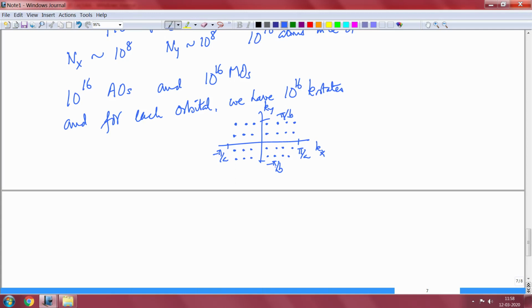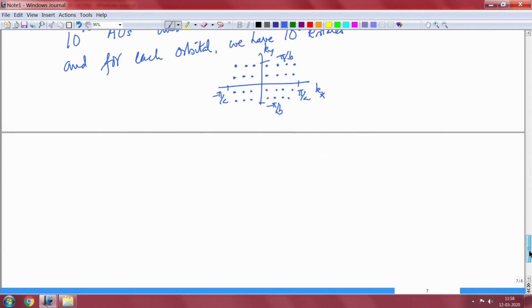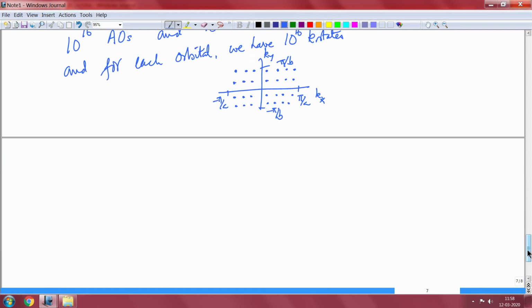Now even granted that you find out the energy level at every one of these points, what are you going to do with those numbers? You have to have some kind of physical appreciation of these numbers. So just getting these numbers is not enough. So what people usually do is put a grid in the Brillouin zone, say a 100 by 100 grid, and calculate about 10,000 eigenvalues